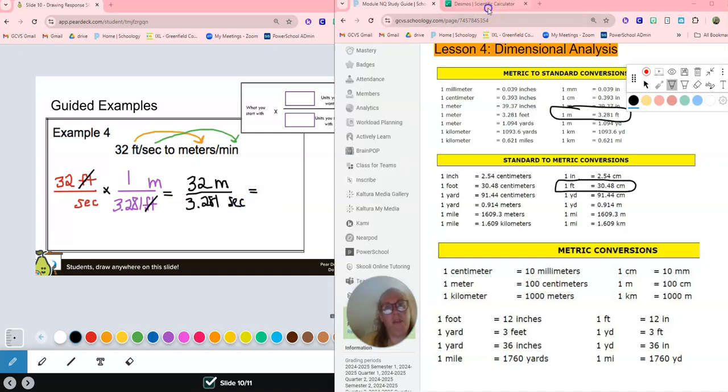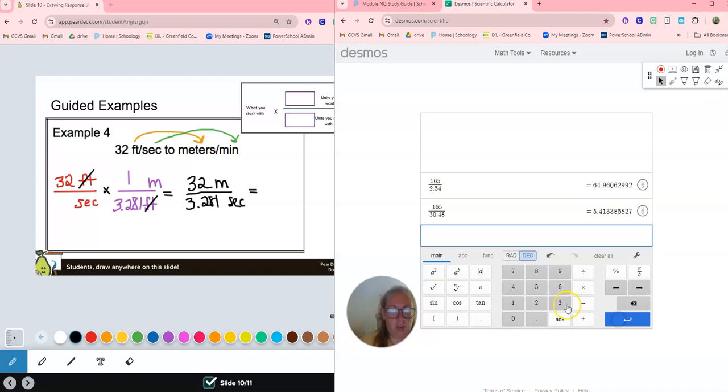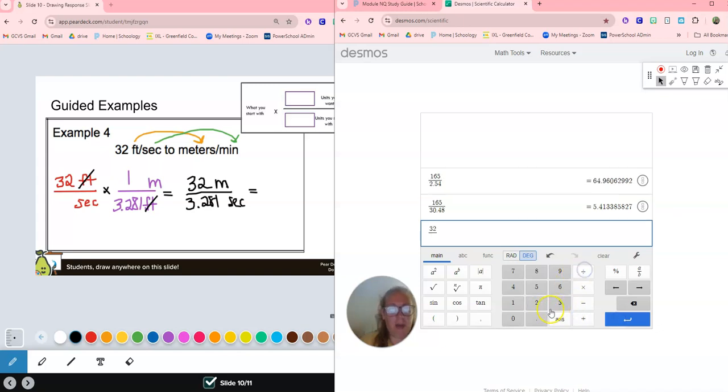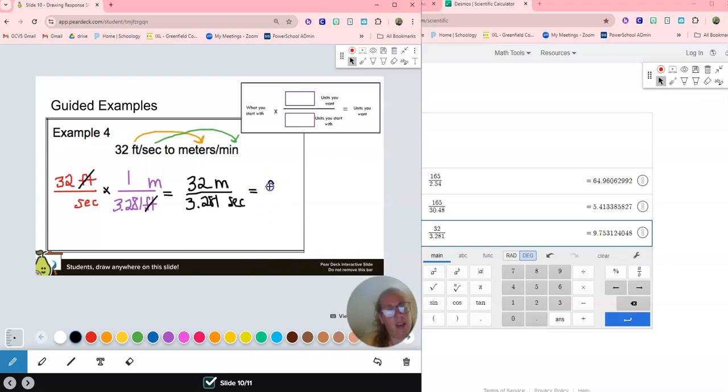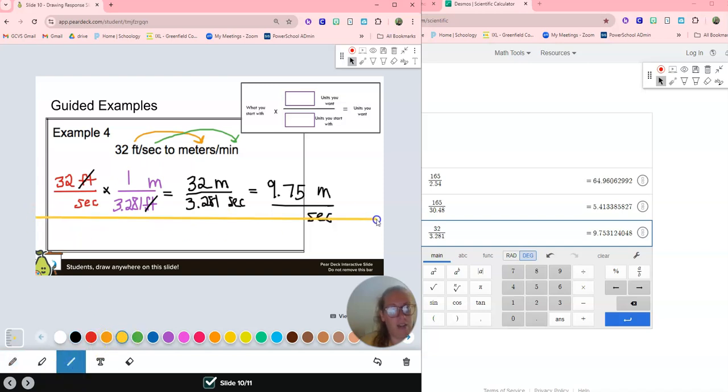So if we simplify that, 32 divided by 3.281 gets us 9.75 meters per second. Beautiful. And now we want to take that, so I'm going to draw a little line here. Because now we're going to take that information